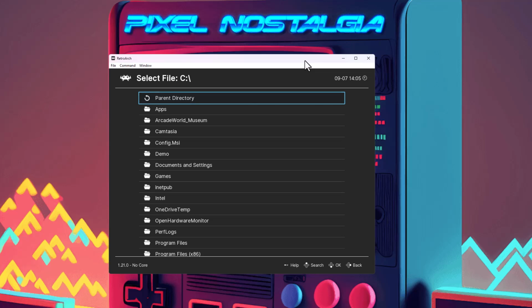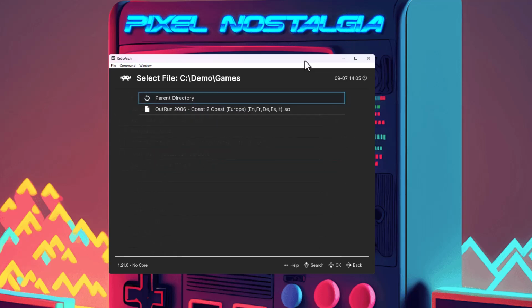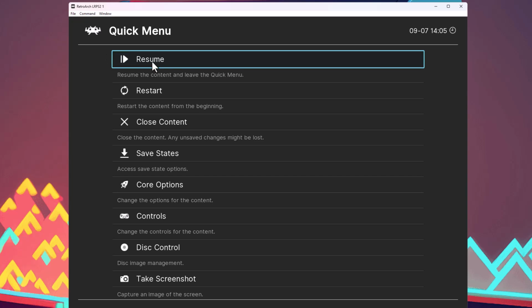So we're going to do content, so I'm going to go into our demo folder, into games, same as before, pick the ISO, just going to move this up, and now it should, I see, so I can hear the sound but I can't see anything. So if this happens to you, go menu toggle, so let's just close the content,